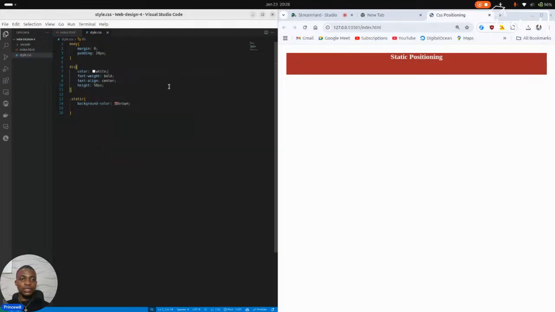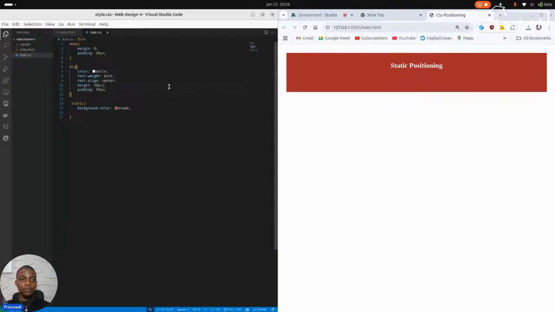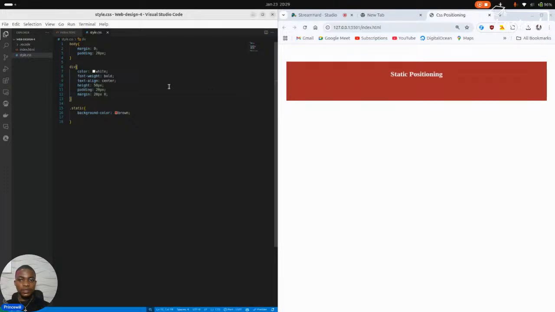So also for my div, I want the content inside my div to have a padding of 20 pixels. So if I'm giving the padding, the next styling I'm going to give it is margin of 20 pixel and 0. So this will basically give my content a more visually appealing view, right? So that you can see what we're doing and see how these changes affect